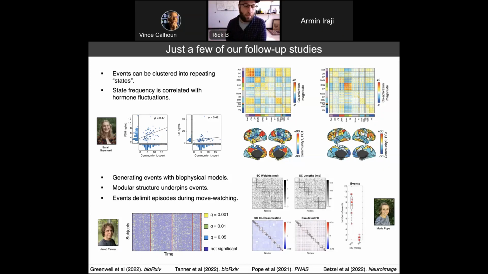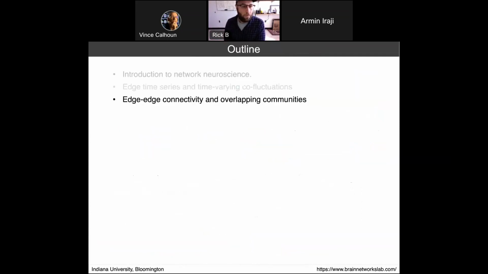We don't know what to make of it. We have some hypotheses about what this might be, mostly speculative at this point, but it was quite interesting and striking to us. We see synchronization within the movies too, but specifically at these boundaries, we see synchronous events occurring across almost every subject, which was again quite interesting to us. Okay, so that was our Edge time series story.